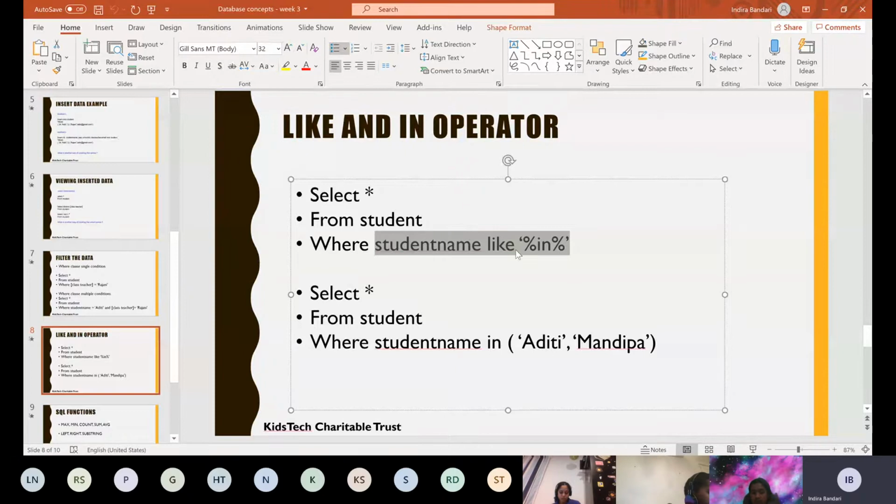We want only records returning student names that contain it. If we are giving a condition, then we need to use a where clause. Did you understand or not? Shall I explain a little bit more?